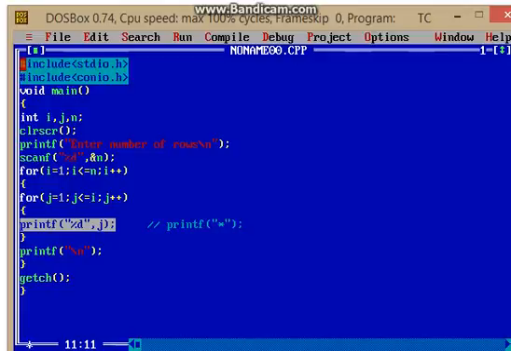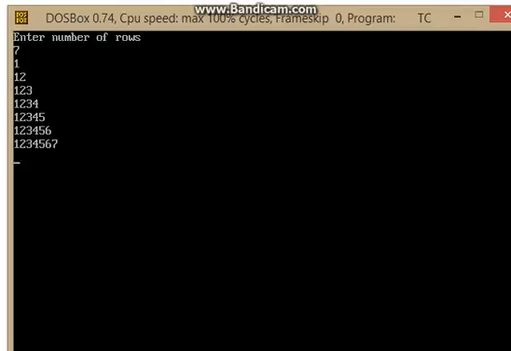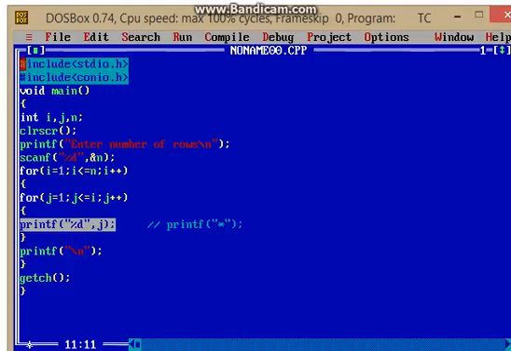Similarly in the third and fourth loops it will print 1 2 3 and 1 2 3 4. So check it, guys, suppose 7. That's it, this we wanted to print.